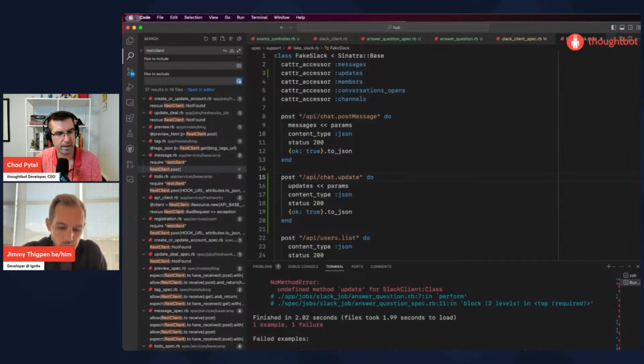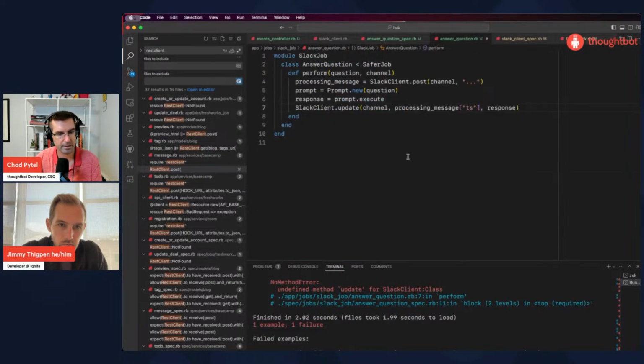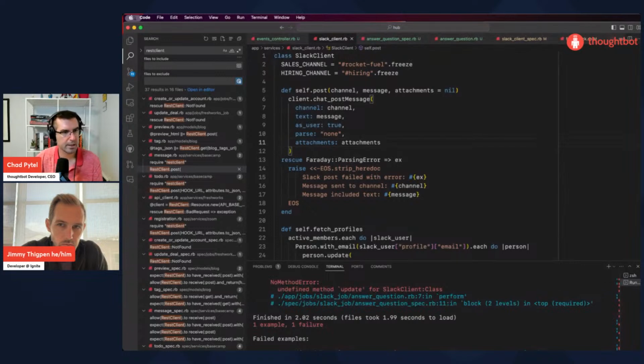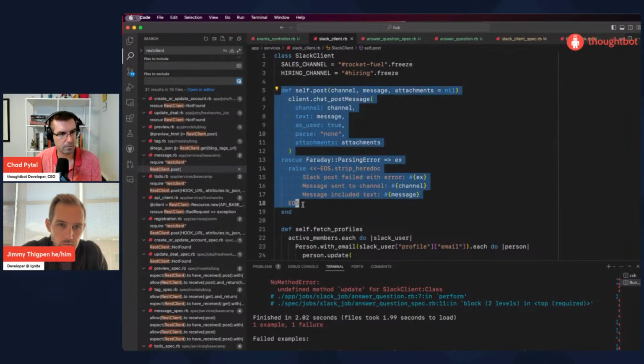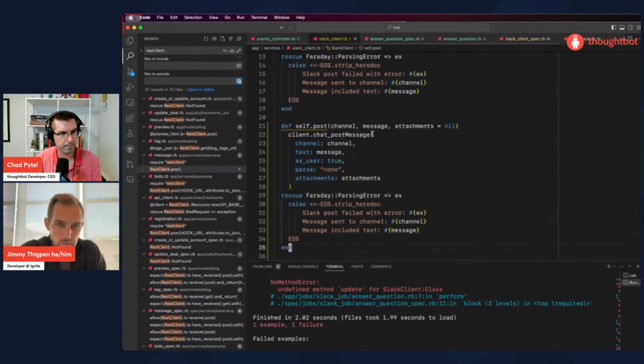We never added, undefined method update for Slack client. So we modified the spec, but we didn't. Yeah, that makes sense. Still have to actually add this. Timestamp message. In theory, we should support this updates. The attachments.